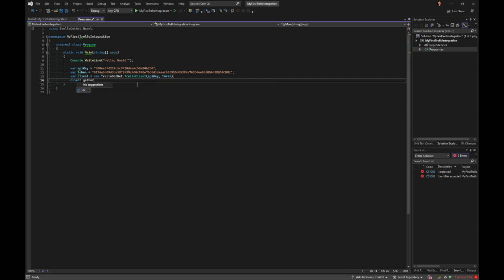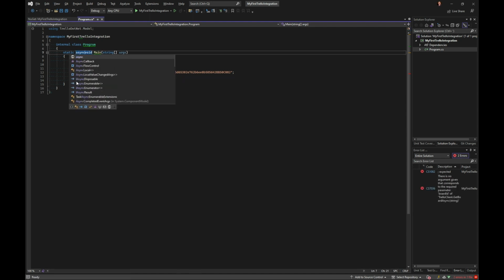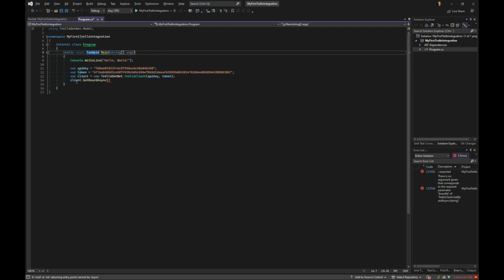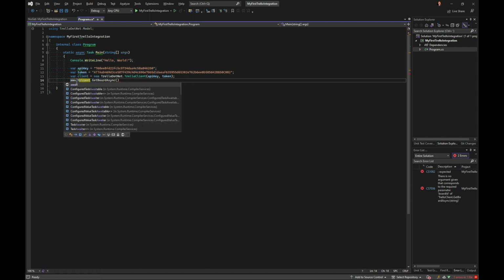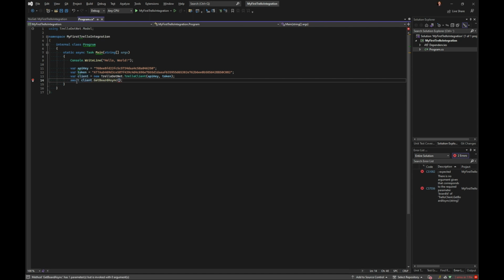So let's say GetBoardAsync, and everything is asynchronous, so we just need to put async up here. Go. And let's say await. And in here, we need the board, and you can see it says it can either use the short version or the long version.